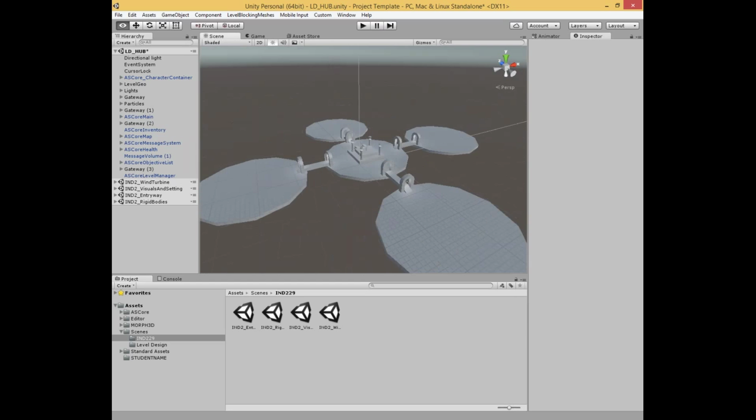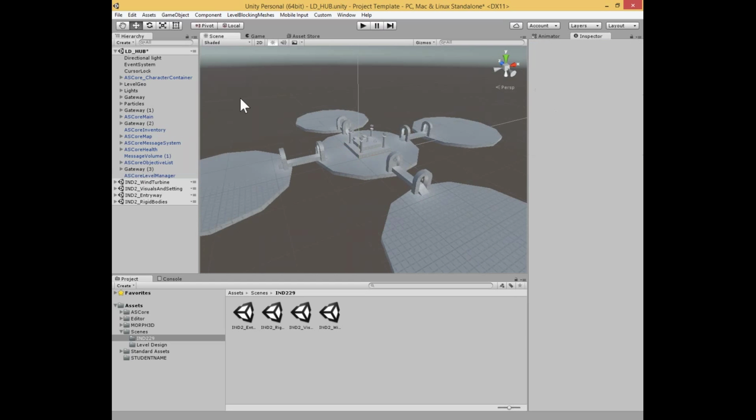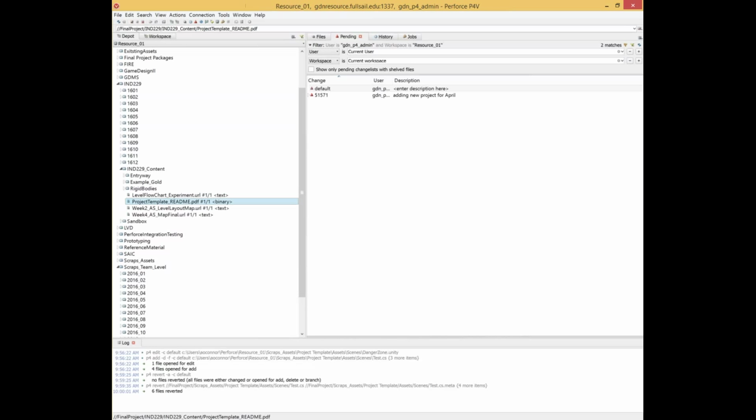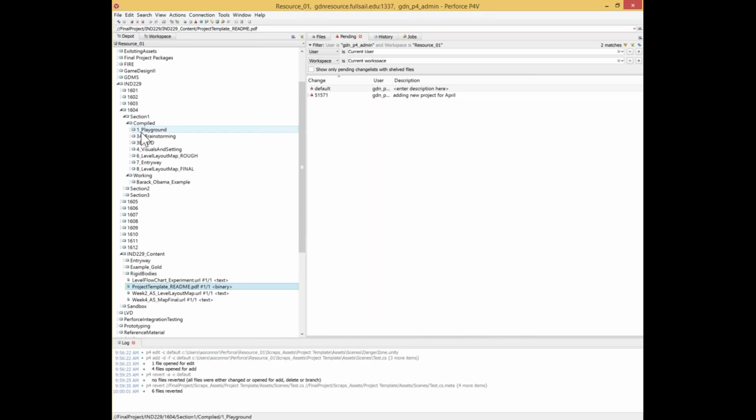So you should have something like this with your level manager all plugged in. So what you want to do from here is actually submit a build. So in Perforce, I'll go back to, so here you can see, you have your working and your compiled folder. In the compiled folder, we have all of our assignment names, and if you see, why are all these weird numbers here? That's just so